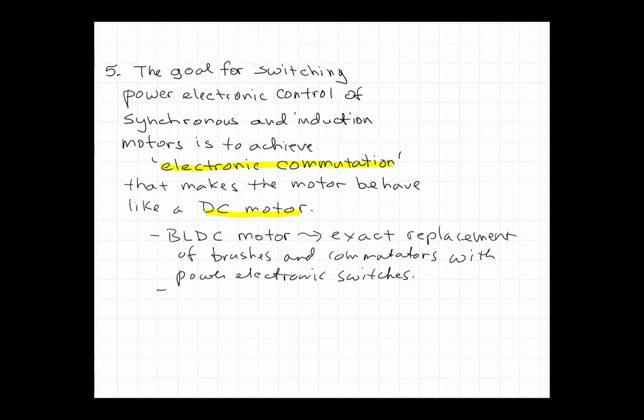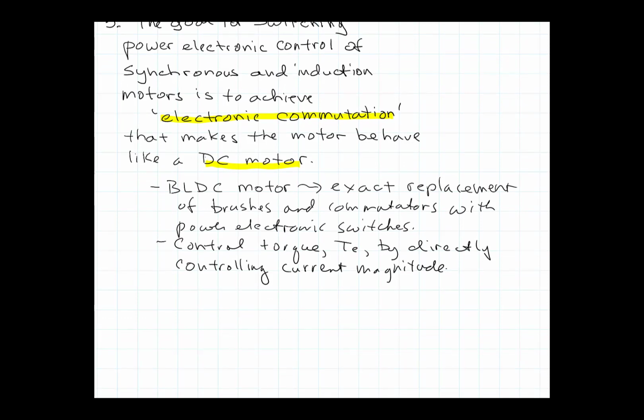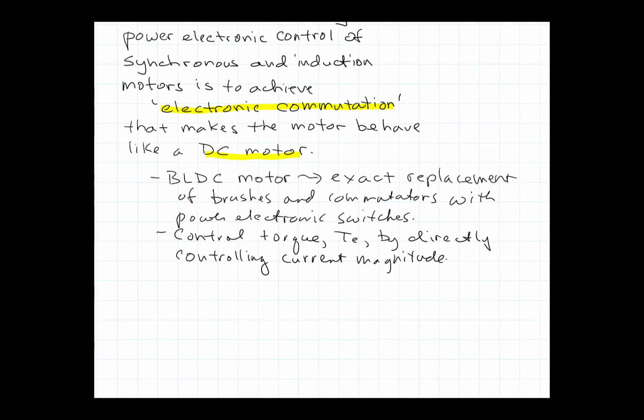The first thing is that it is able to control the torque, TE, that electromechanical torque that's applied to the shaft, by directly controlling current magnitude. If we can do that, and going back to the very first of the first principles that I showed you, basically you've got this controllable current. In the DC motor it was IA. If you control that current, then it interacts with lambda AF to produce TE, and then you can compensate